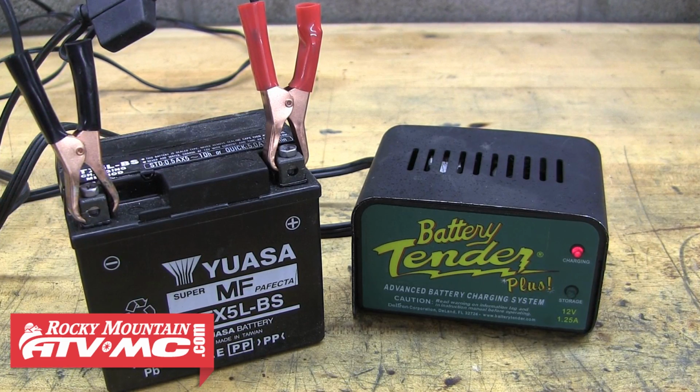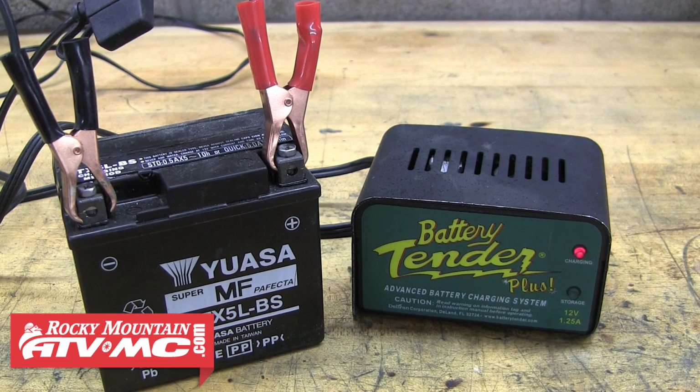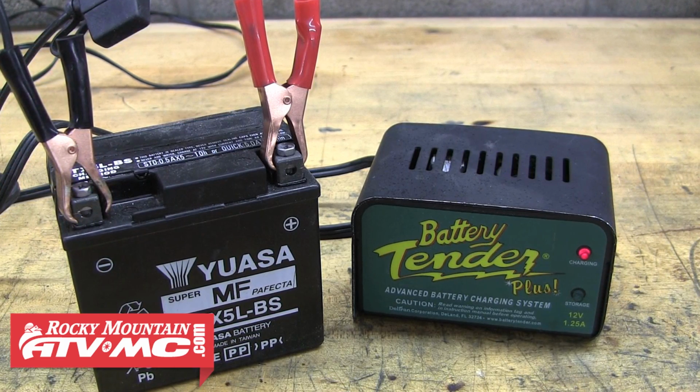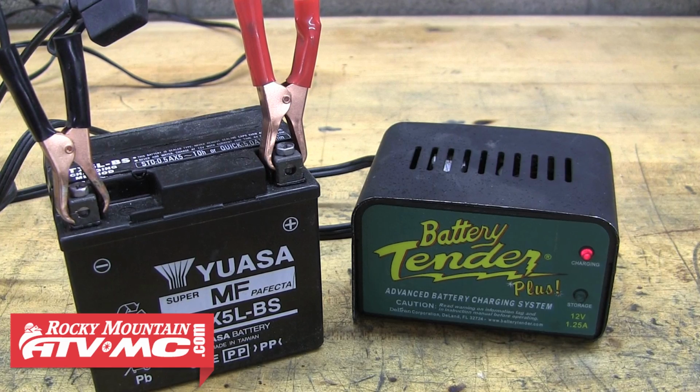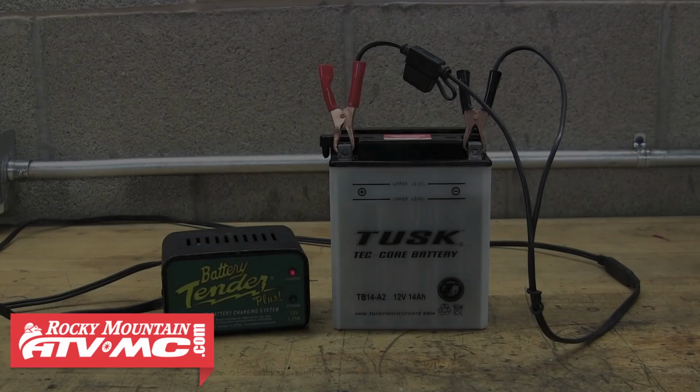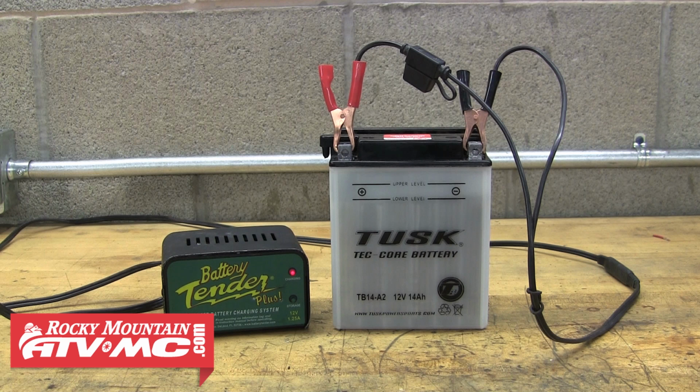It's going to fully self-maintain your battery without the risk of overcharging it. If you're using one of these smart chargers with the maintenance-free or AGM battery, you can simply connect it and forget it until your next ride. If you're using a smart charger with a conventional or lead-acid type battery, the charger can also be left connected